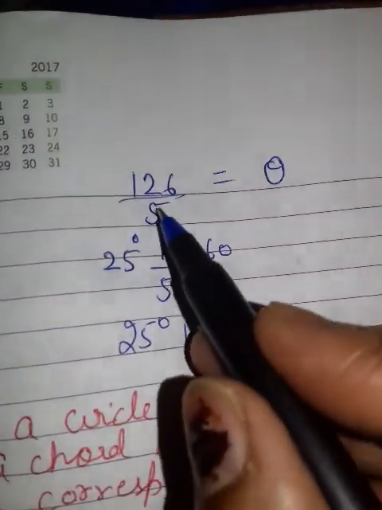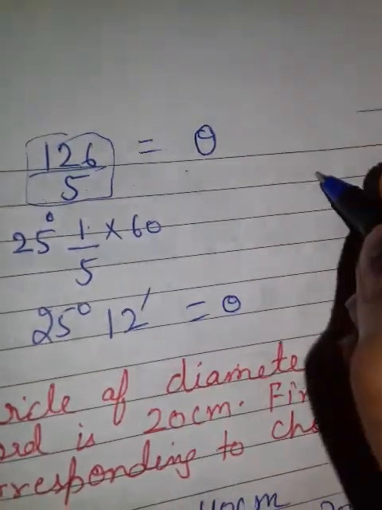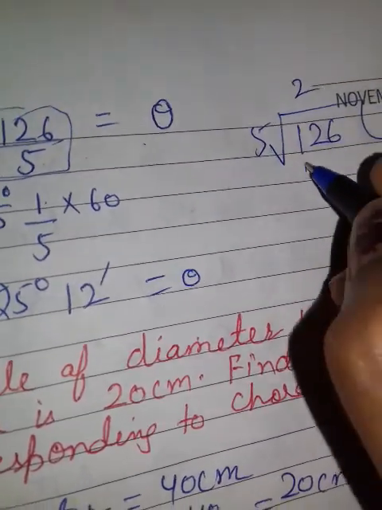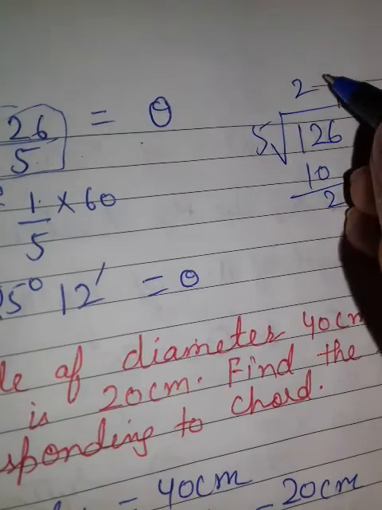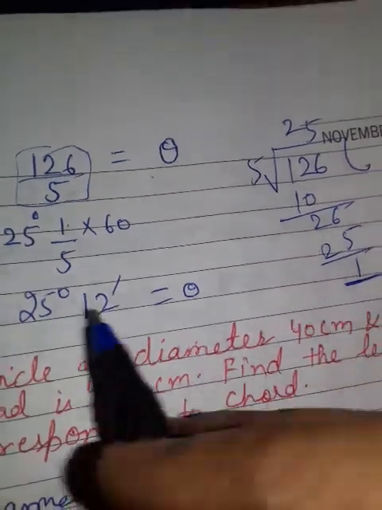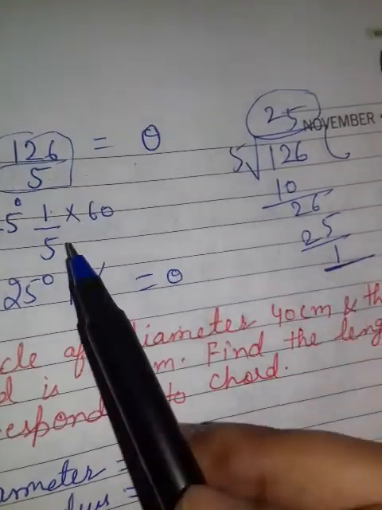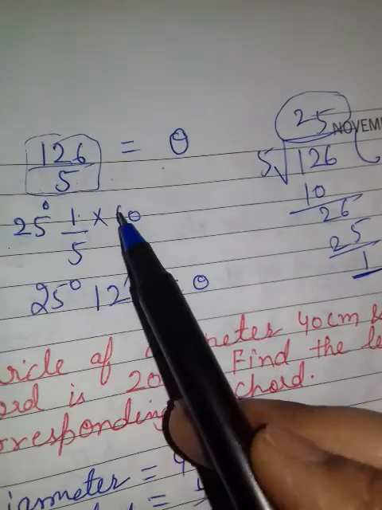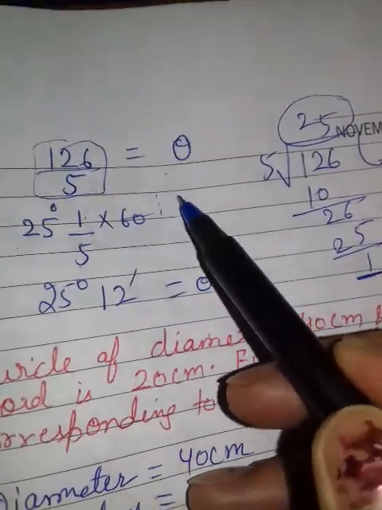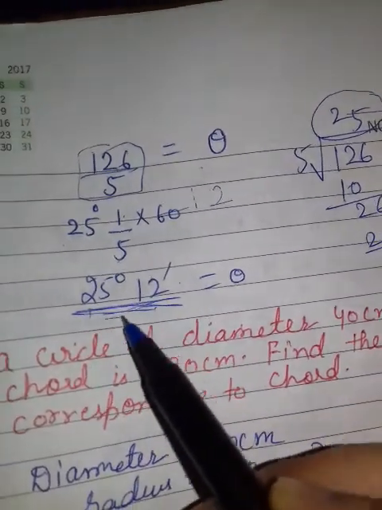Again in the same manner, whenever you are getting theta in degree measure form, you will divide firstly. Yes, 5 2s are 10. Yes, 5 5s are 25. 1 is remainder. So this is your degree, but 1 is a remainder. 1 upon 5 you will keep. Then again you will multiply with 60. Now it is being cancelled. So 12 minutes. So this is your theta in degree.